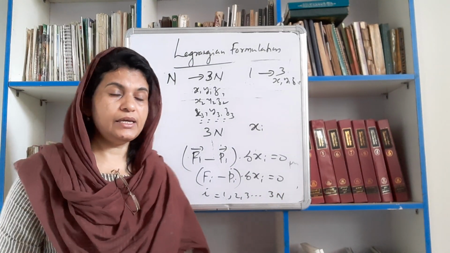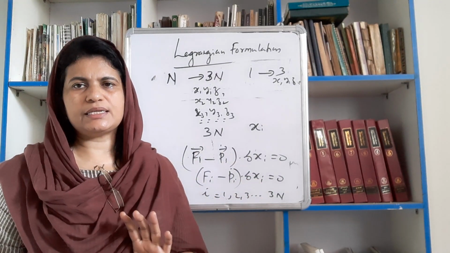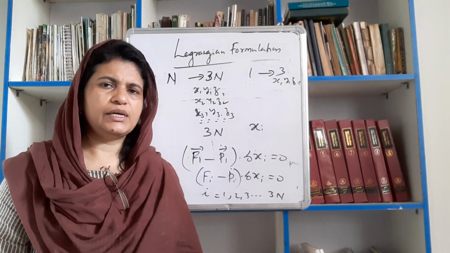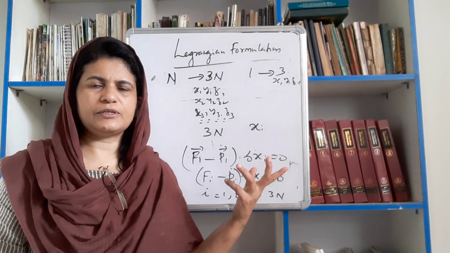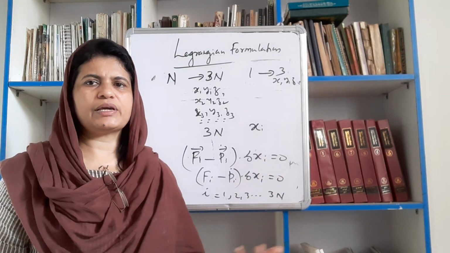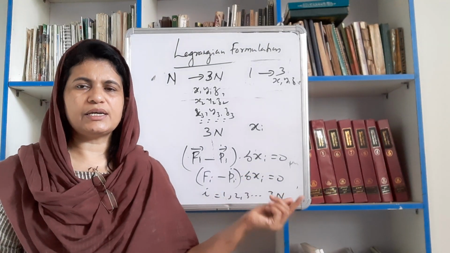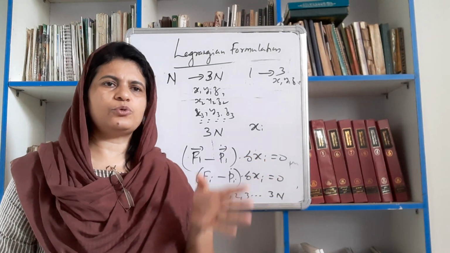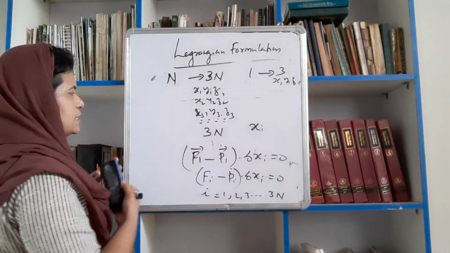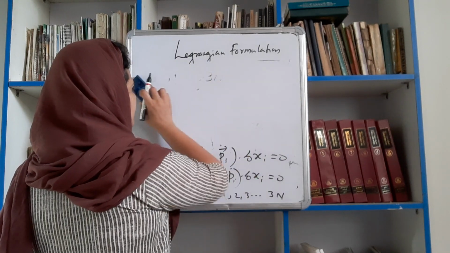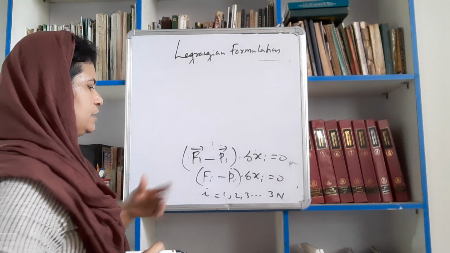And xi is a coordinate with 3n number of values. It is not necessary that it should be a position coordinate. In the case of Lagrangian formulation, xi is called a generalized coordinate, and a generalized coordinate may be of position, of mass, or of any dimension. We can discuss generalized coordinates and the derivation of Lagrangian formulation in the